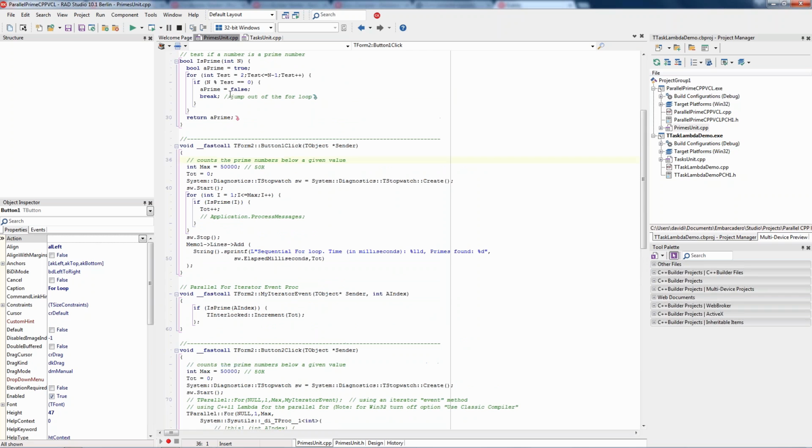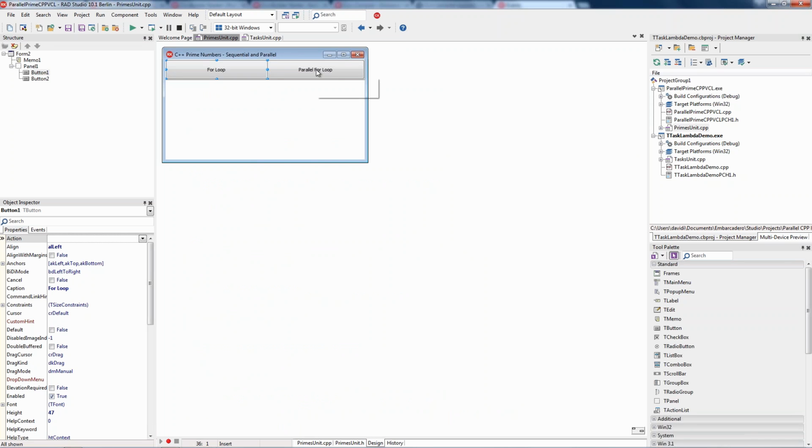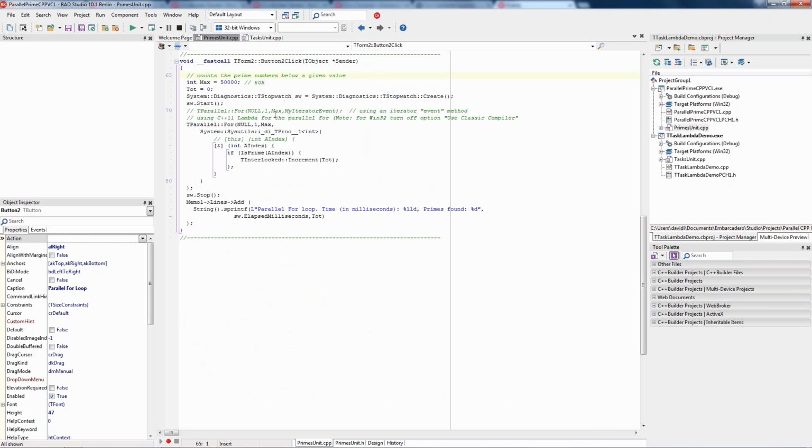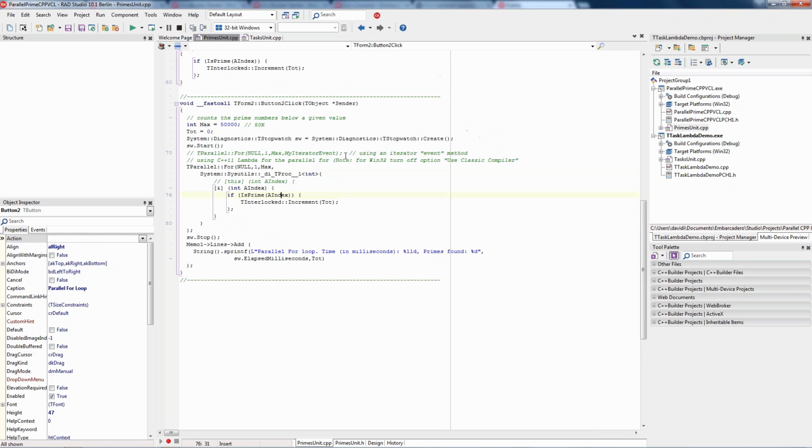And isPrime up here just does a brute force test to see if that number is a prime number. And then the second example button here uses the parallel programming library. TParallel is the namespace, and we pass it the starting 1 to the maximum. And then inside here we use a lambda, so we capture the reference, and then we pass this index in, and then we call the same isPrime, passing the index just as we did if I scroll back up